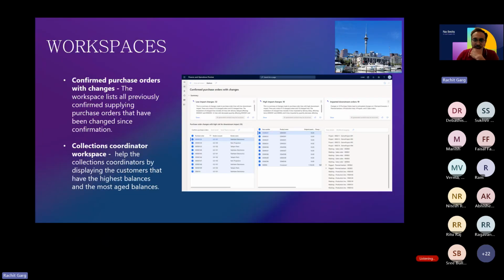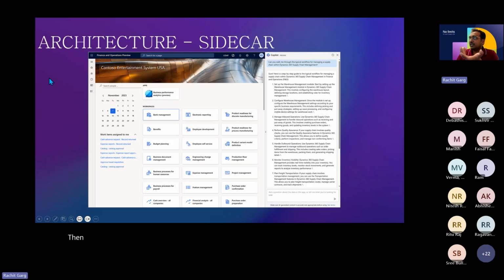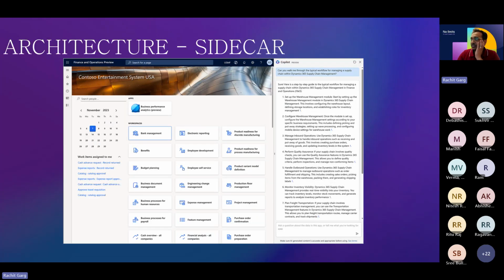Moving on, then came the evolution of sidecar, which is where you have a sidecar working as a Copilot for you, where you can actually talk about where I am, what the data is, and it is evolving. I would say it still is not too fancy out of the box, but it is evolving.